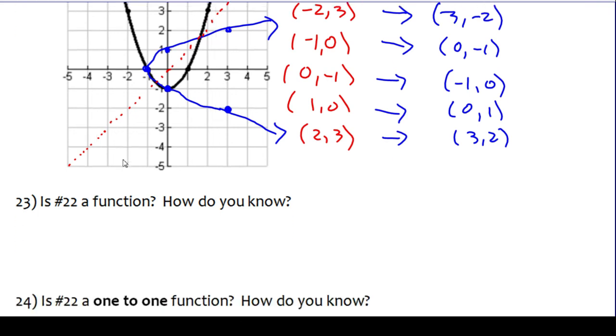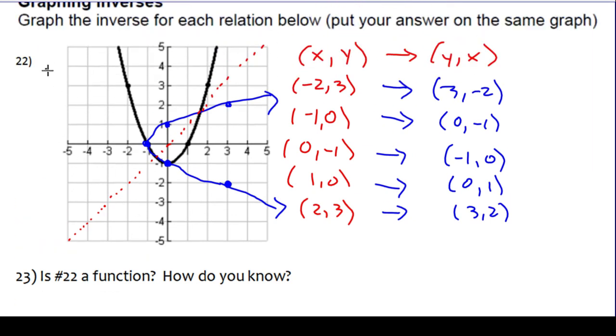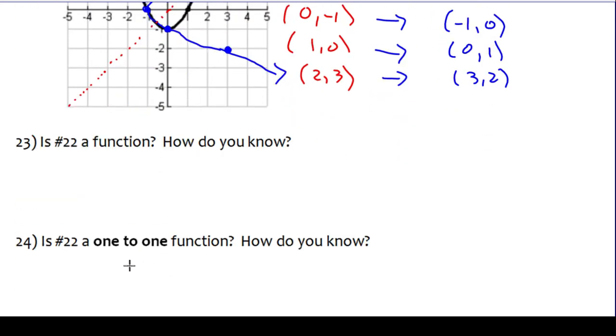Okay. Number 22 says, is this a one-to-one function? To check to see if something is a one-to-one function, I'm going to do the horizontal line test. So there's my horizontal line. And you can see right here, I don't even need to move this. I am hitting the graph twice with a horizontal line. So what I'm saying is, no, this is not a one-to-one function, and I know this because it fails the